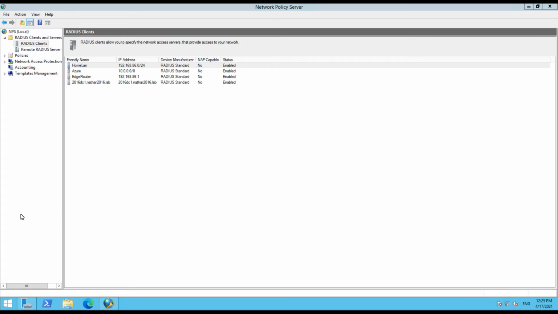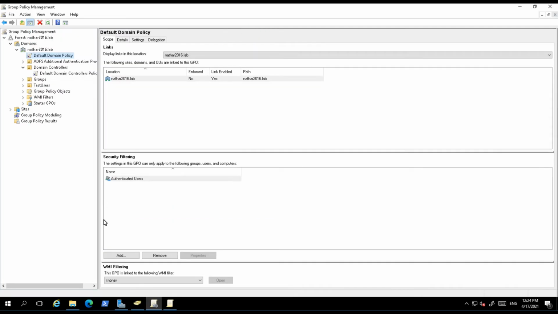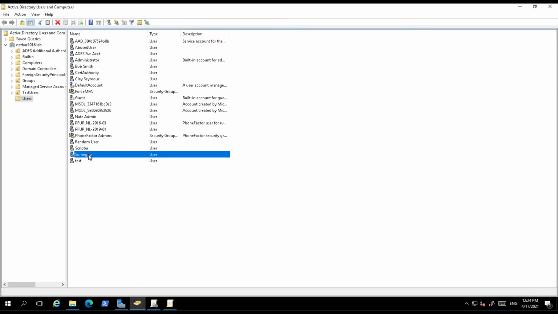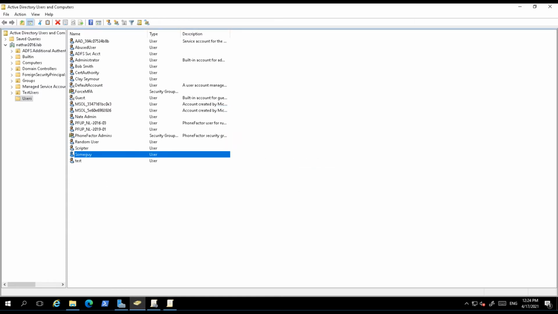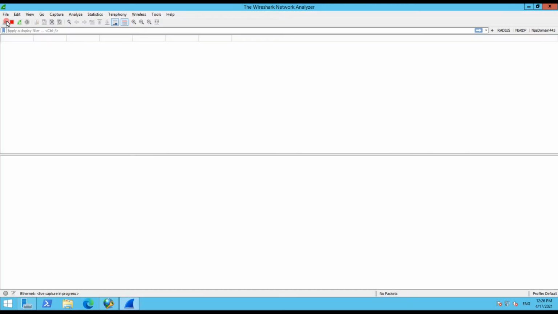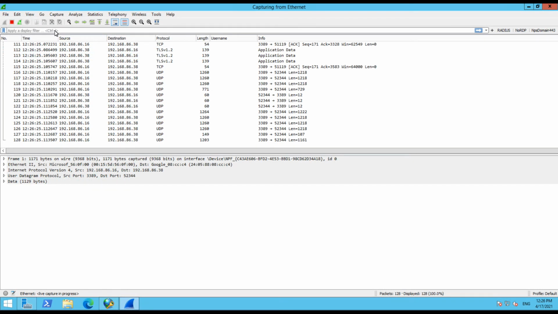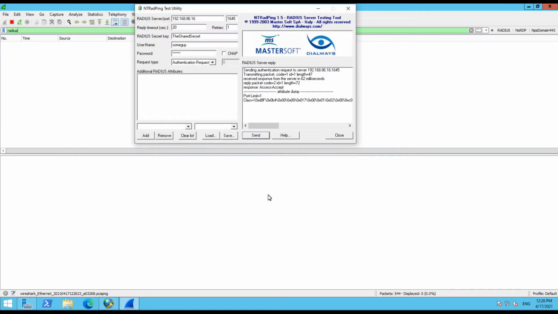And while that's starting, I'm going to go over here and set my account password to make sure I know what the password is. All right, password is set. Let's see if Wireshark is running yet. Wireshark is running. Let's start Wireshark. And I see packets here, so I'm going to just filter out to Radius because I don't really care about the rest of that. Now I'm going to start up